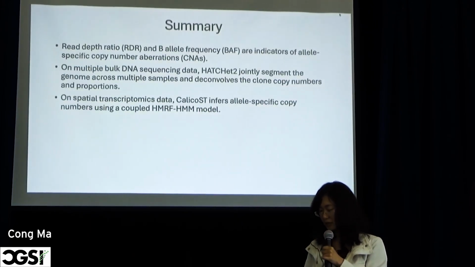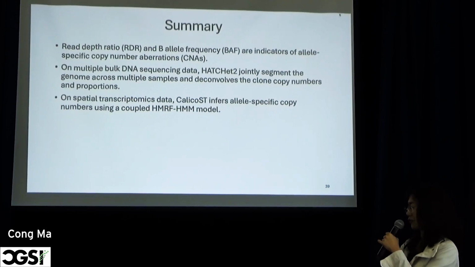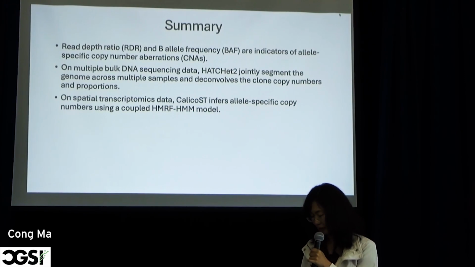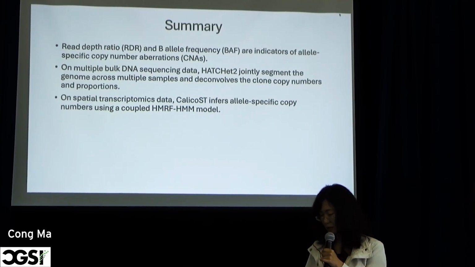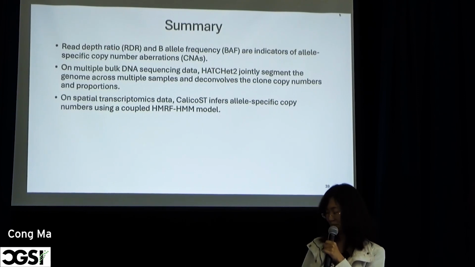And so here is the summary. I introduced read depth ratio and allele frequency to indicate allele-specific copy numbers. I talked about spatial transcriptomics, and we can infer allele-specific copy number from spatial transcriptomics using a coupled hidden Markov random field and hidden Markov model, and